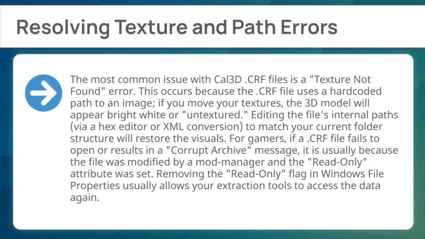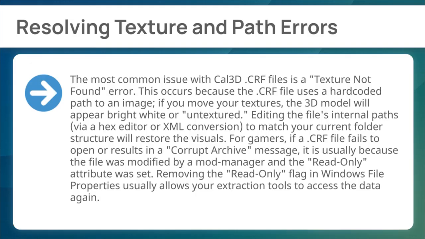The most common issue with Cal3D CRF files is a texture not found error. This occurs because the CRF file uses a hard-coded path to an image. If you move your textures, the 3D model will appear bright white or untextured. Editing the file's internal paths via a hex editor or XML conversion to match your current folder structure will restore